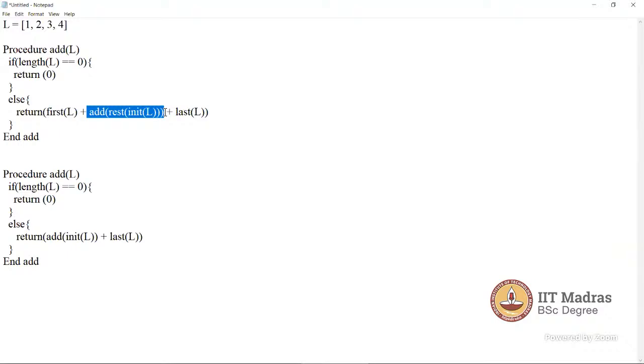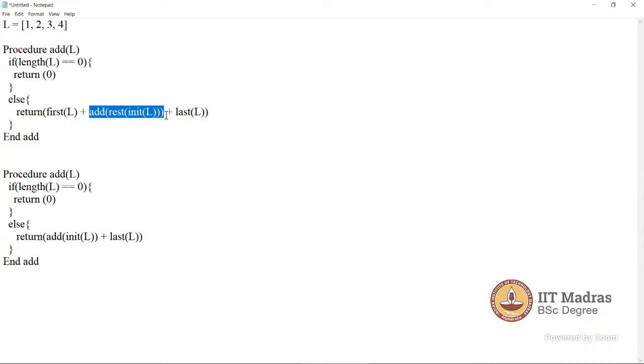Okay, got it. So in our procedure, we are considering it will happen in one go: first and last together, and then we go for recursion again. Software might have limitations, but the human brain doesn't. So you get your first, you get your last, and then you do this recursion. That's the easiest way to do it.